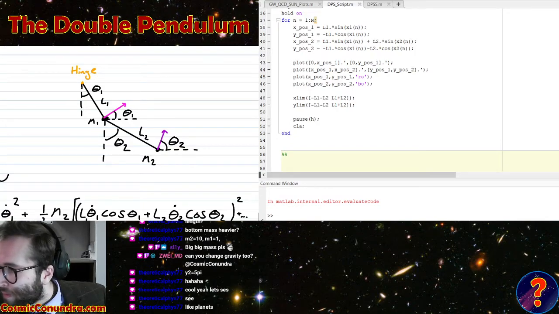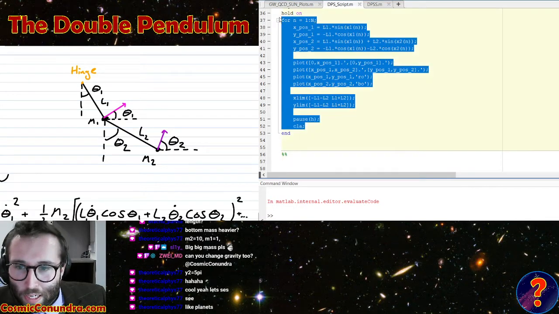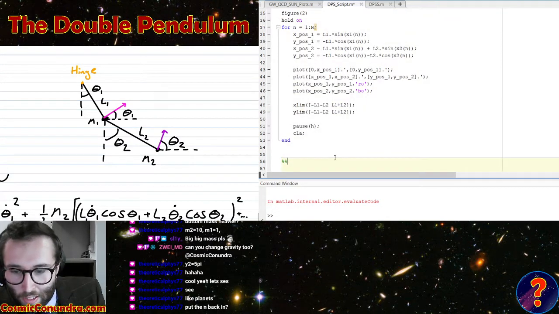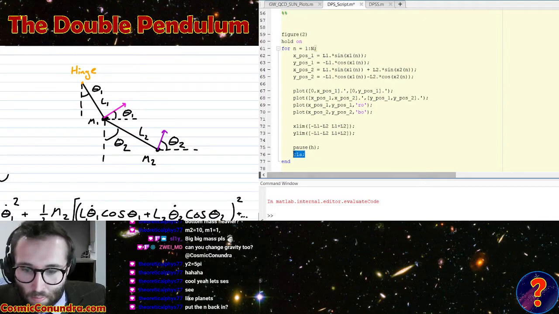So, right. To do this, I am going to... What am I going to do? Well, actually, now I think about it, this is exactly the same as the code we've already got. So I don't need to put the M back. All I need to do is stop it clearing after each time, change the figure name, and